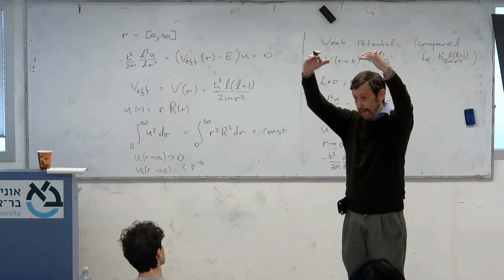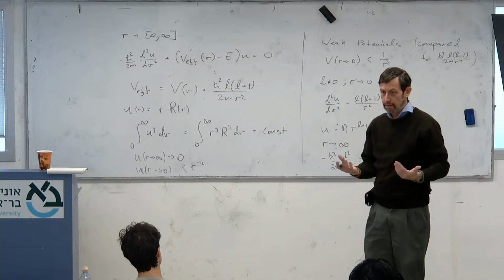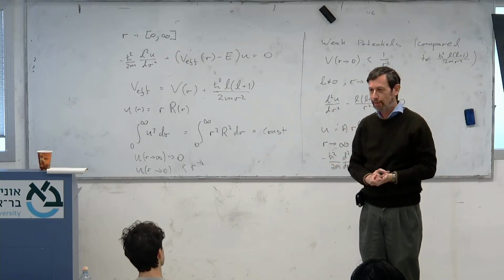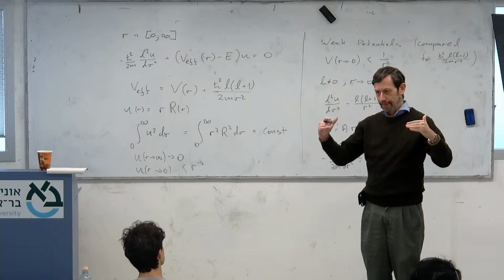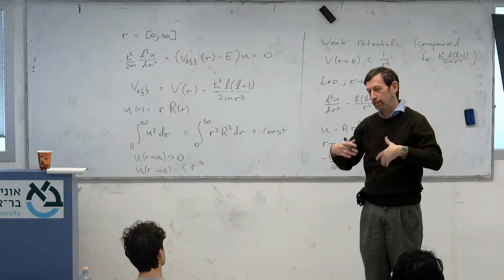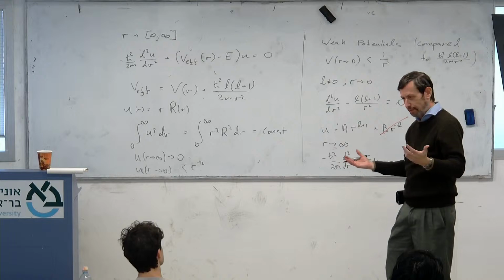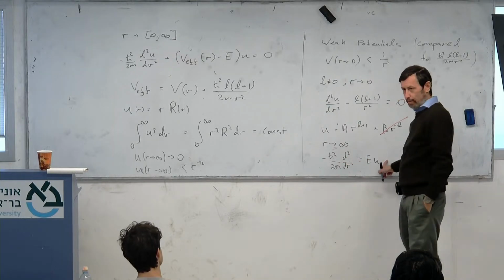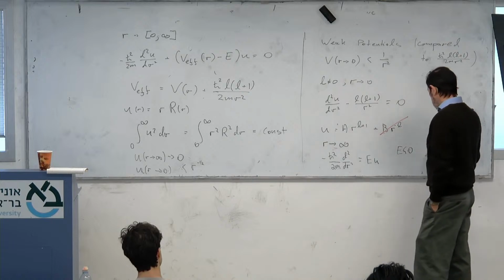Above it, it's ionized. If you remember, that's already 2 months ago, if you have unbound states, it's a continuum and behaves more or less like a free particle in scattering. But at the moment, we're only interested in E smaller than 0. So the solution here is